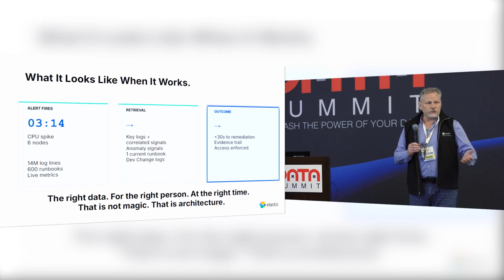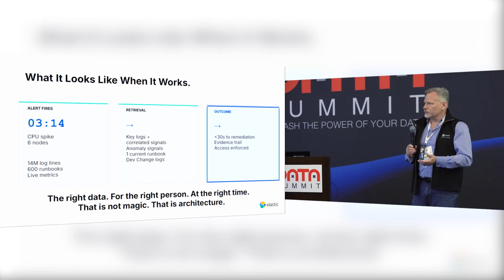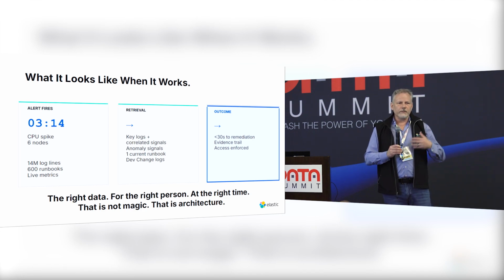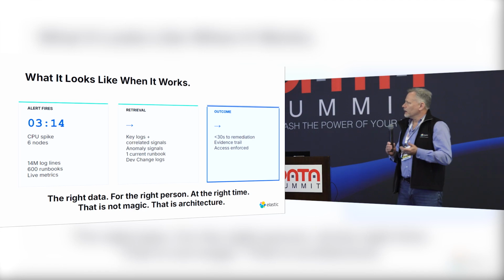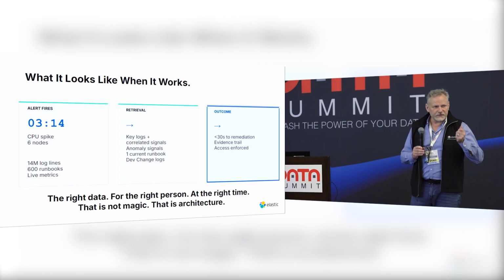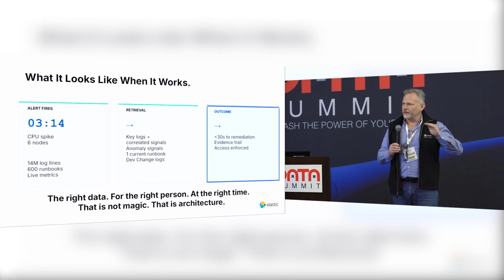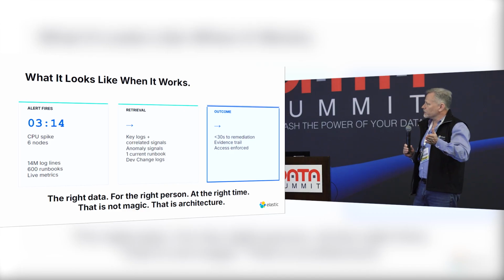And it also has to know how to go after things that are the most relevant, the most timely, and the most accurate. So instead of going through 14 million log lines and 600 run books, you can come back and say, what are the specific logs that are correlated by the event and by the context of the application, the infrastructure it's running on, and other factors, including the identity of the individuals?